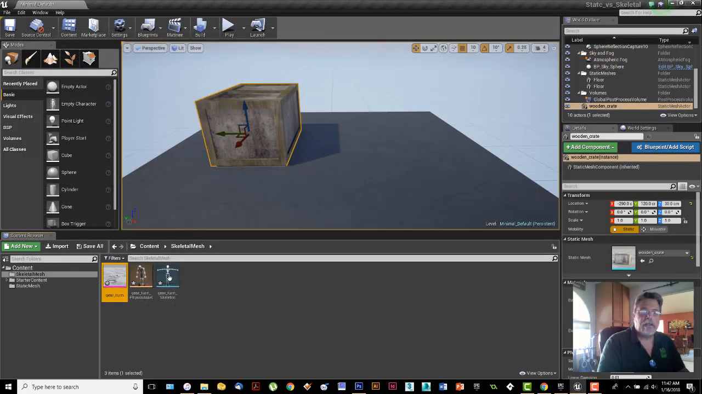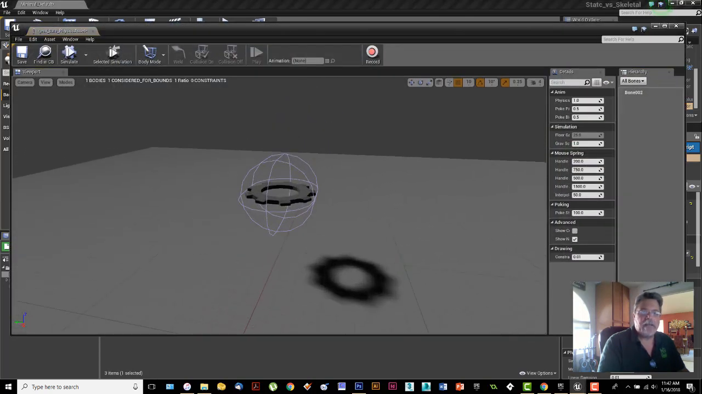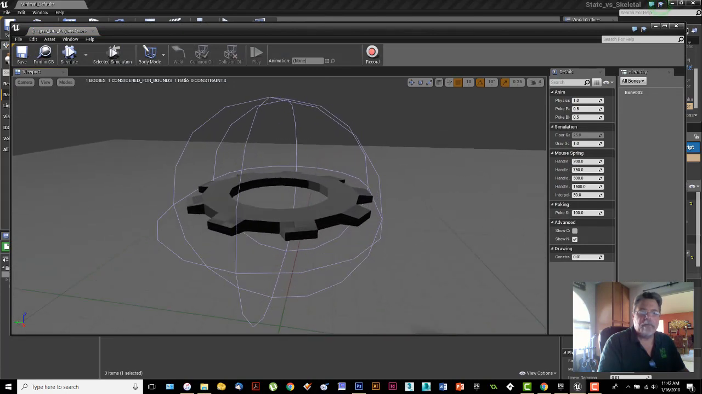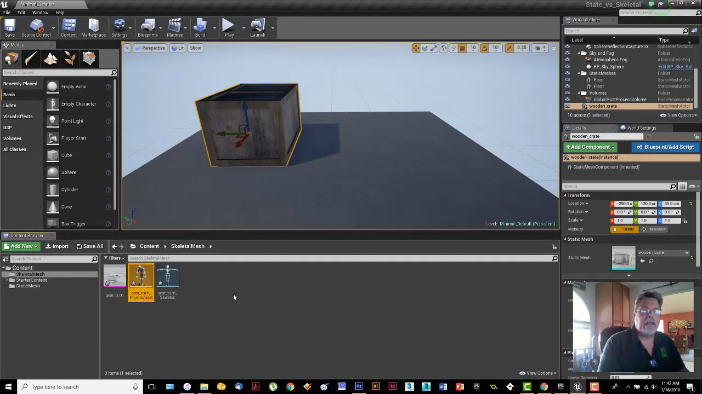If I do, it comes in with two other files. Gear Turn Physical Asset. Physical Asset is the part of the skeletal mesh that controls the physics on this one. So if I were to come up here and see if I can do the simulation, it'll do it for me. No, it's not really doing anything. But normally what happens is, in a character, it's like taking a live character, like a marionette, and cutting the strings, and it just drops down